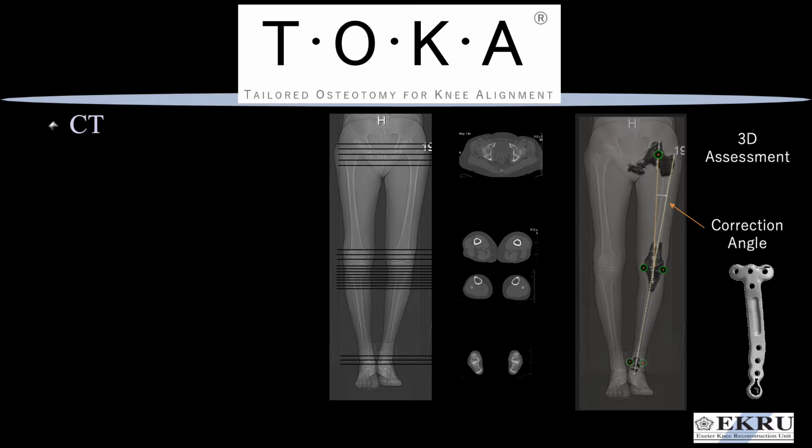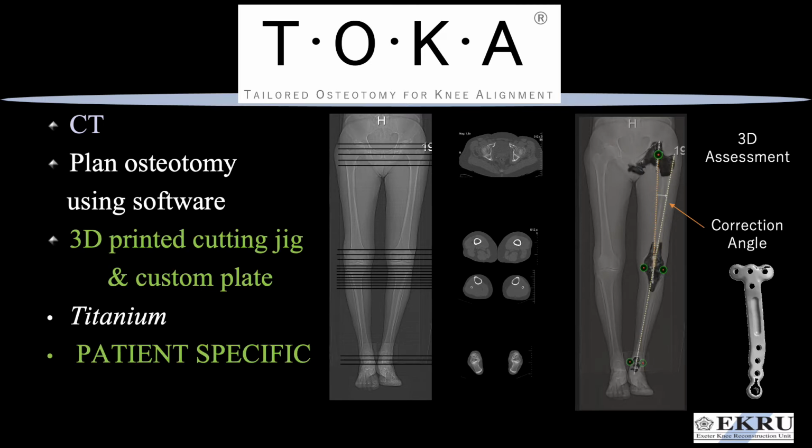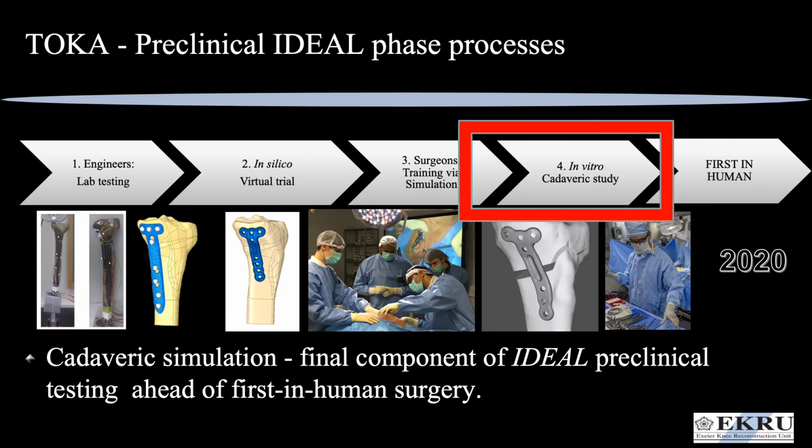The system involves a preoperative planning process following a CT scan and 3D printing of a cutting jig and titanium plate, which are both patient-specific. This flowchart summarises the preclinical development process for the Toka system, including finite element analysis and a virtual trial which have been presented previously. This paper presents the results of a final ideal preclinical stage study of Toka ahead of